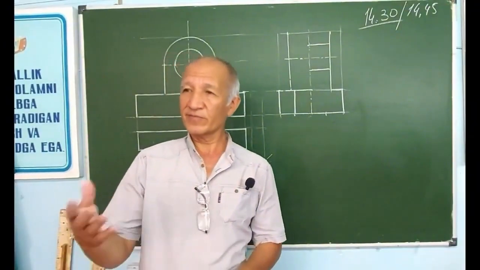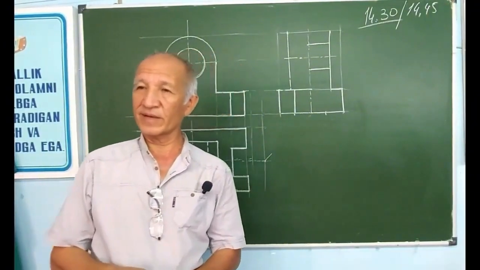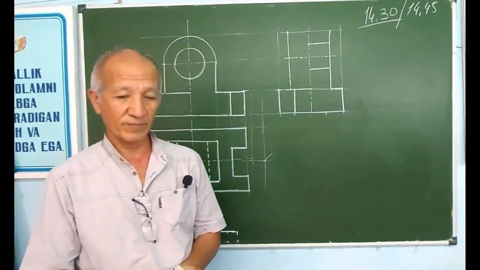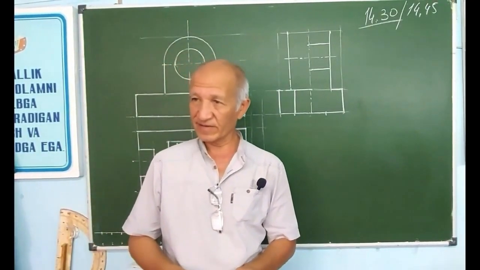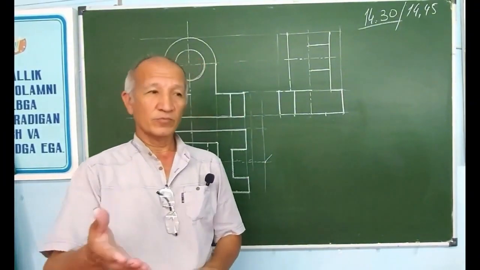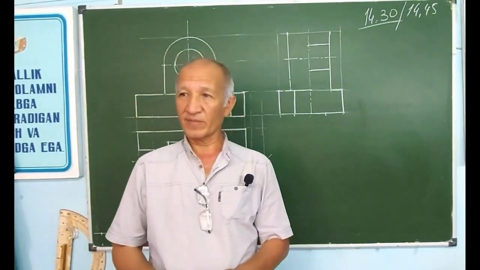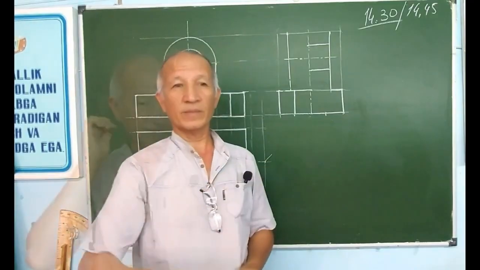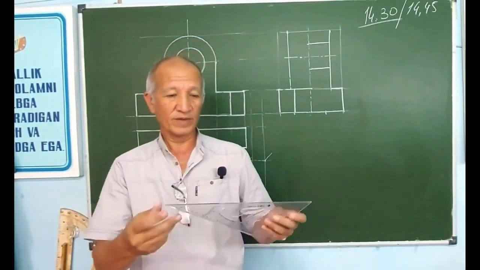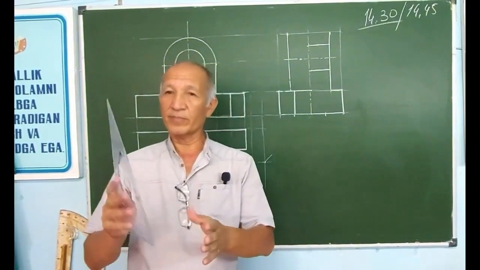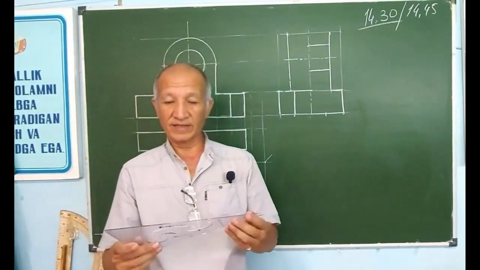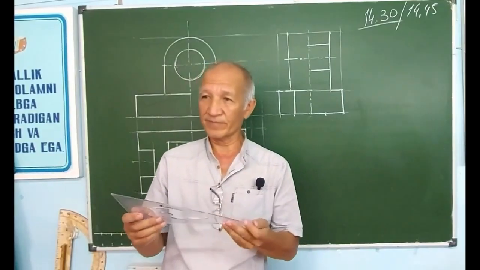Now there are many methods for this. We have taught them. For example, there are several methods for it. Often people get confused and divide it into 3 equal parts to draw the isometric axis. Some people use that 30-degree ruler we have. Okay, when the 30-degree ruler comes, hand it over. Some people use that, because one side of it is 30 degrees, another side is 60 degrees, and the other is 90 degrees,